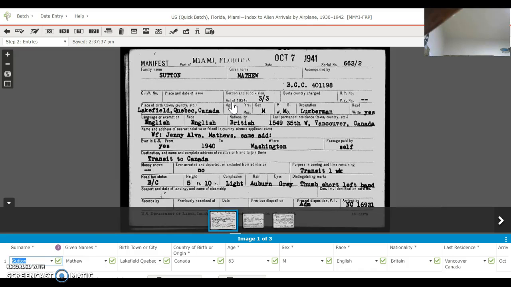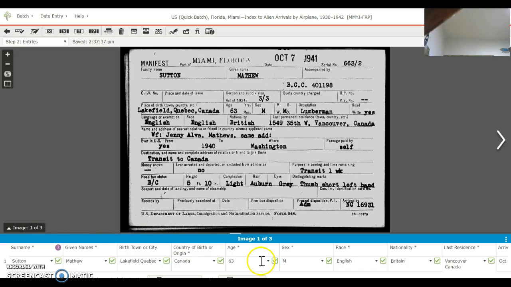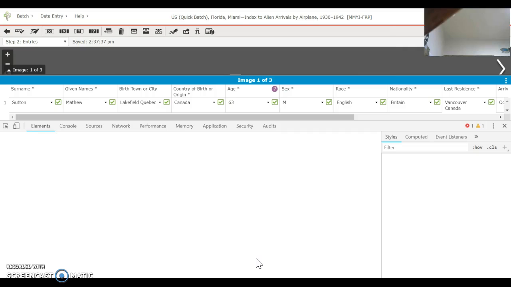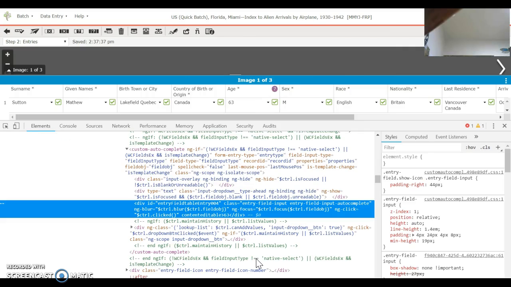And now it's doing it again. Going back to form entry like I prefer for Italian, even though I just did a batch of this project in form entry. I'm clicking inspect. So bear in mind I don't really understand anything on the screen now. But you see right there,